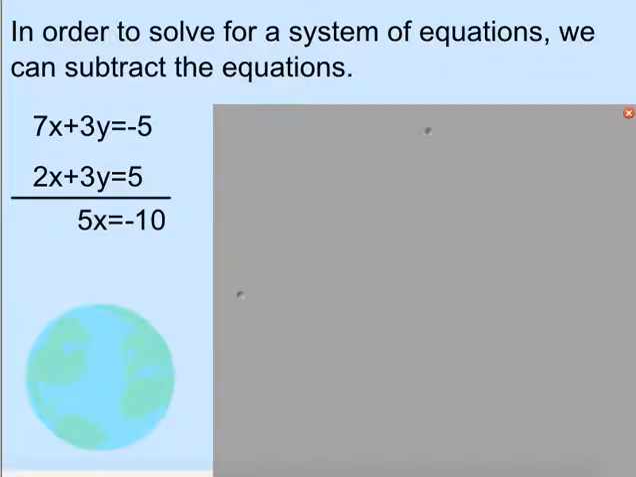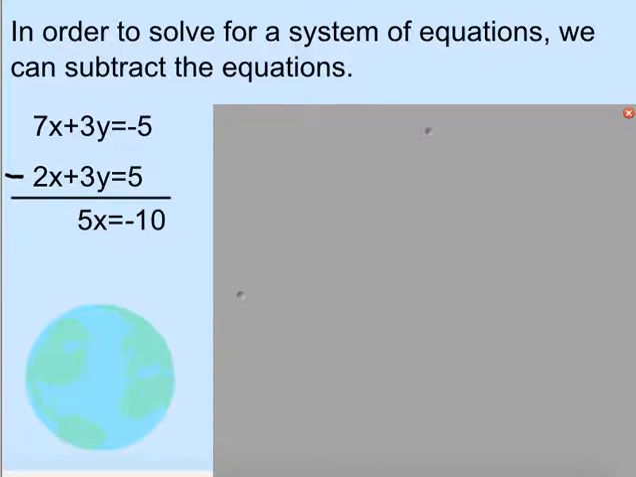Next one. 7x plus 3y is equal to negative 5, and 2x plus 3y is equal to 5. Well, when we look at this, if we were to add these up, we would get 9x plus 6y equals 0. That wouldn't get rid of any of my variables, so we need to have another plan. And one way to go about this is subtraction. We can subtract the second equation. But we need to be very careful because each of the different parts of the second equation need to be